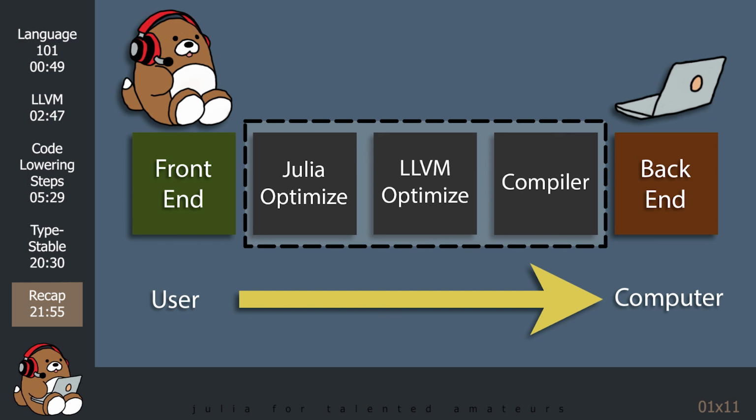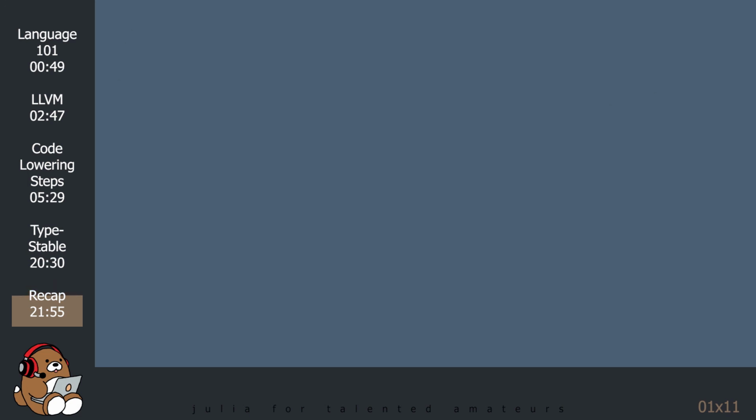The mystery box is actually a glass box that's split into two halves. The first half is unique to Julia, and the second half is common to any programming language that uses LLVM. There's no mystery as to what's happening anywhere in the process, since the user can see how the original source code is being transformed into native machine code at any stage of the process. Optimization is happening in both halves, so the resulting native machine code is as efficient as possible.